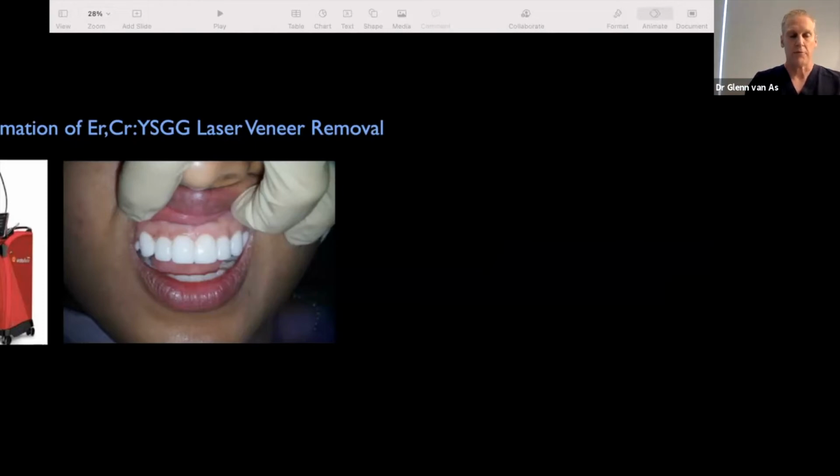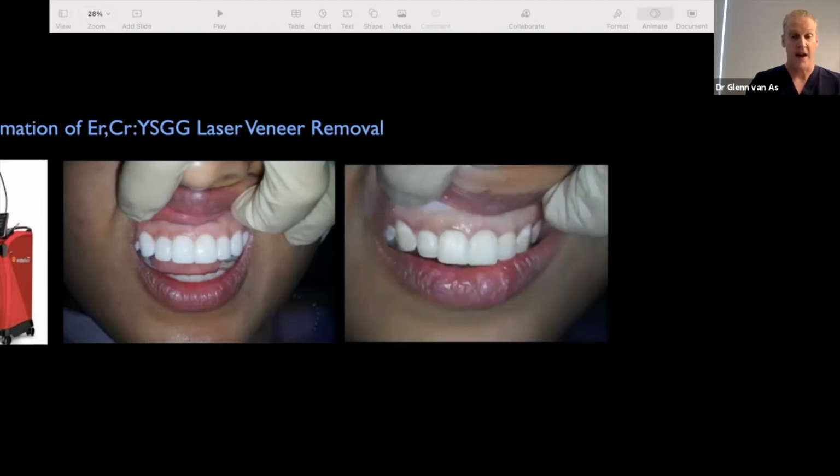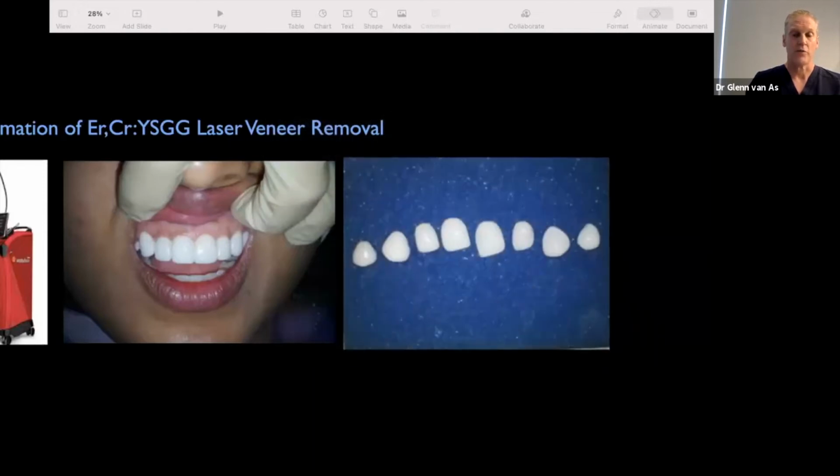These were minimal prep veneers. I think he prepped 1 tooth when he put these on, and she wanted them off. I took them off. So there you can see the post-operative result. It literally took me, I think, 20 minutes to get these 8 veneers off, and I did not damage the underlying tooth structure. So here she is with the 8 veneers off, and here are the veneers removed, and you